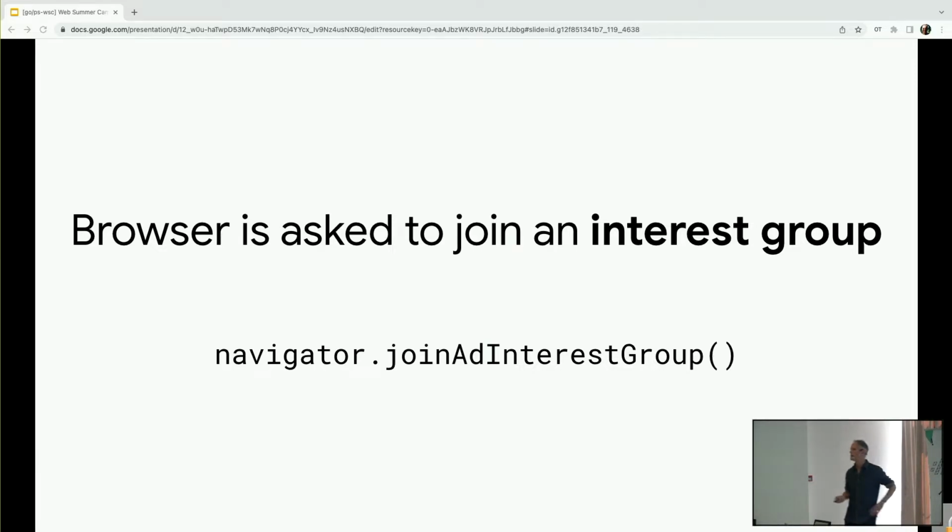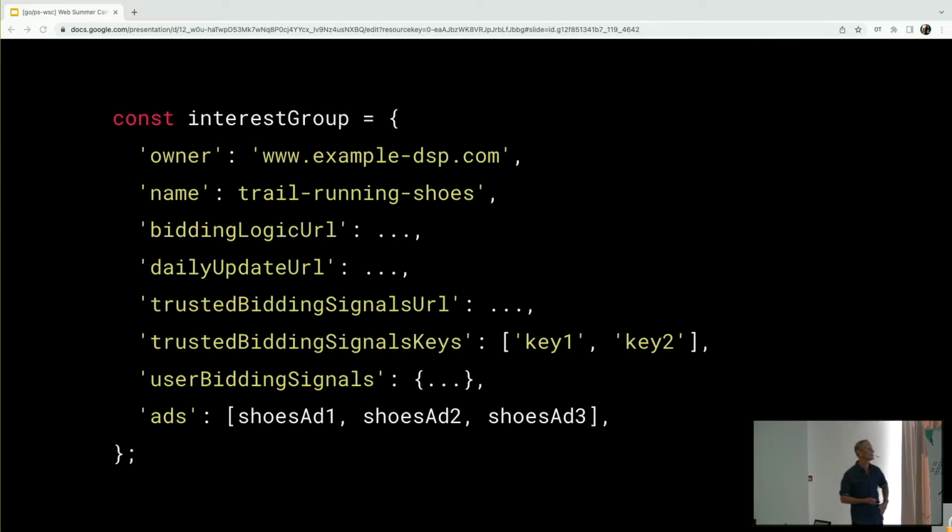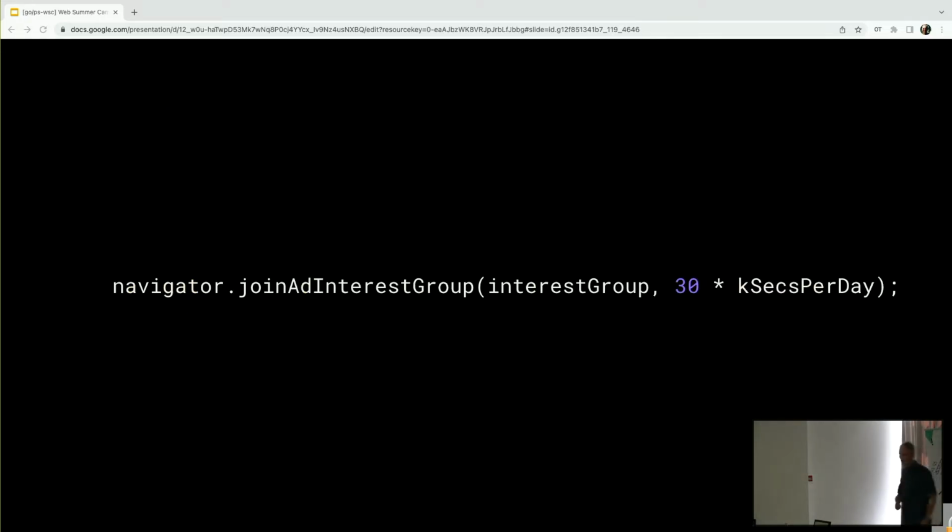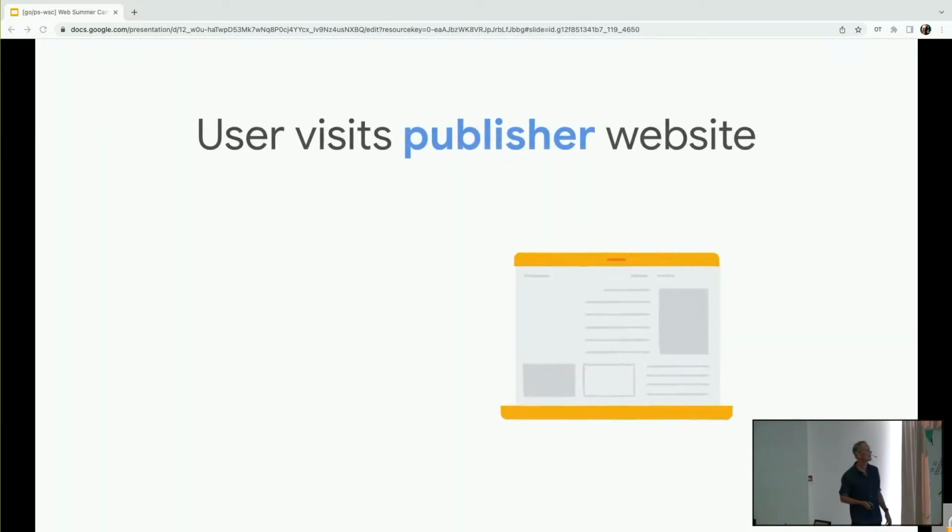This user appears to have an interest in trail running shoes. So there's this config that's set, like you can see here. Trail running shoes is the name of this interest group, and it's being set by this ad tech platform up here. Then we call this method using that config, and the second parameter there is just setting the duration, how long that interest group would last.